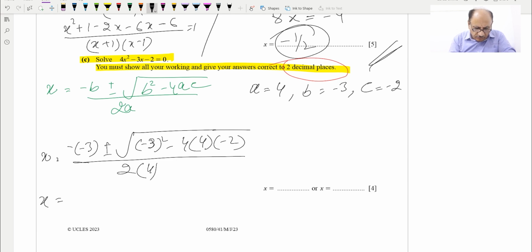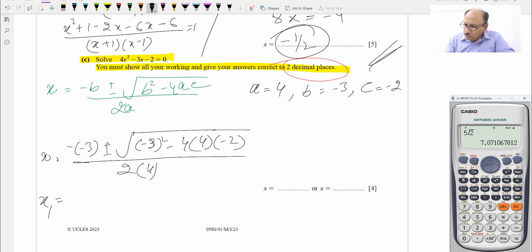For x1 we will replace the plus value: minus in bracket minus 3, then we will take plus, and later on we will take negative also. So in brackets minus 3 square and minus 4 in brackets 4, then in brackets minus 2, divided by 2 and 4, and this results in the first value,